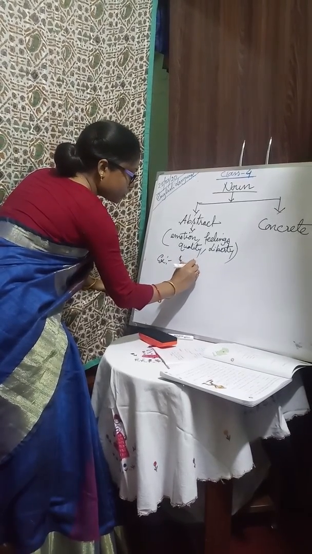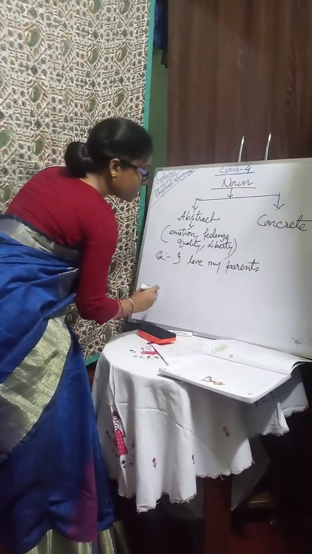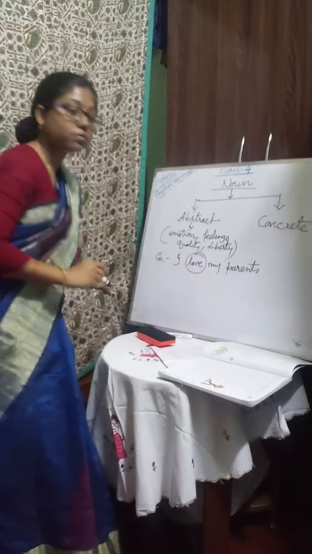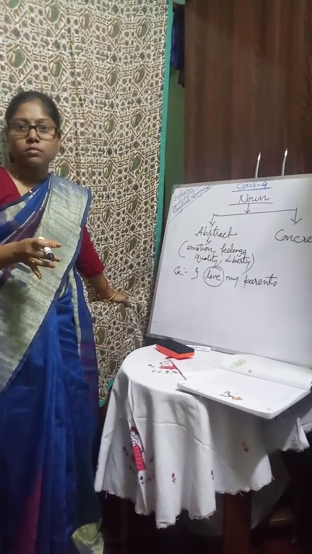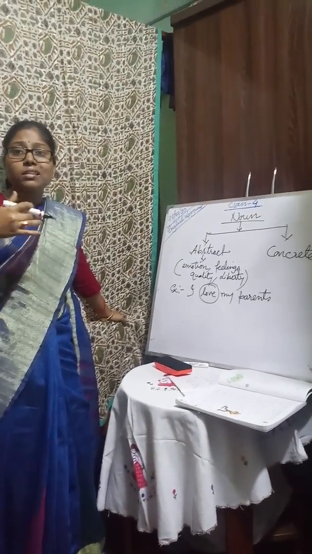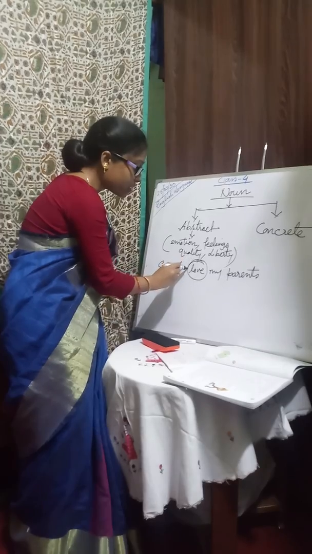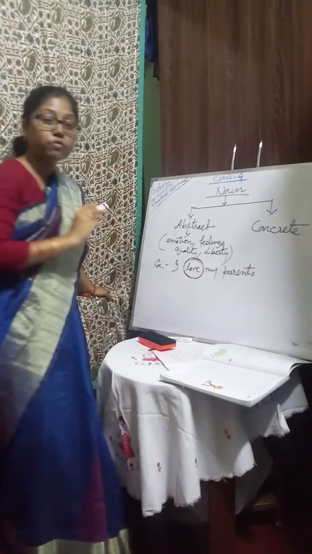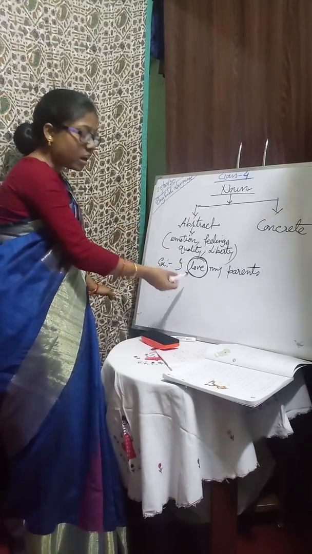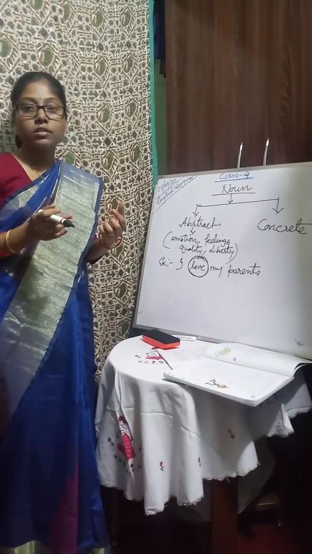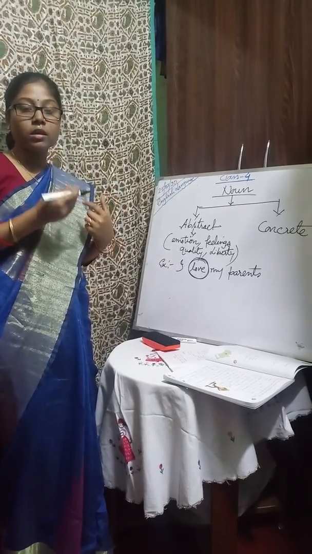I love my parents. It's a very simple sentence, you can understand. Now see, here love is an abstract noun. Clear? Love we cannot see. We cannot even sense what love is, but it is a noun. So the noun which we cannot see, which we cannot physically touch, is known as abstract noun. By touch you cannot understand what love is. You have to sense it. It is an emotion, a feeling that someone is loving you.